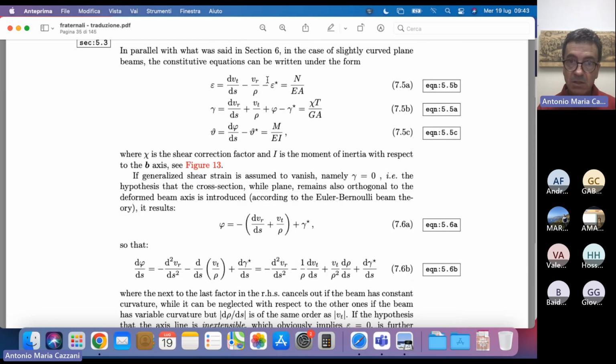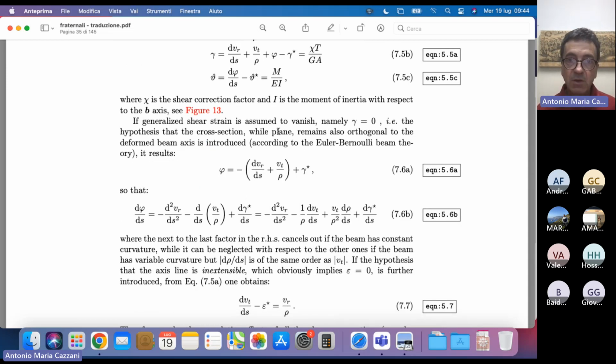Here we see that prescribed strains, epsilon star, gamma star, and theta star, which can take the place of strain, for instance, due to thermal effects or something like that, influence the compatibility condition, but the relation is between epsilon and N, gamma and T, and theta and